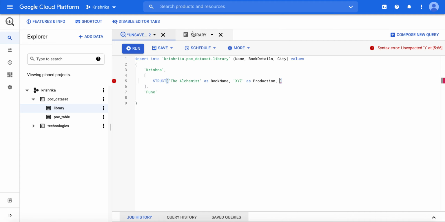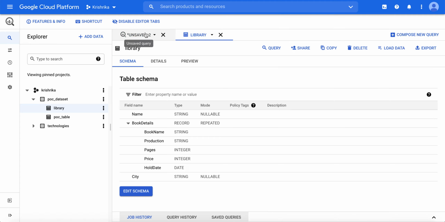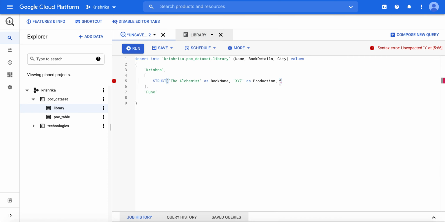Then pages and price. Pages, for example, 100, price, for example, 50, and suppose it's the current date when we actually hold this book.